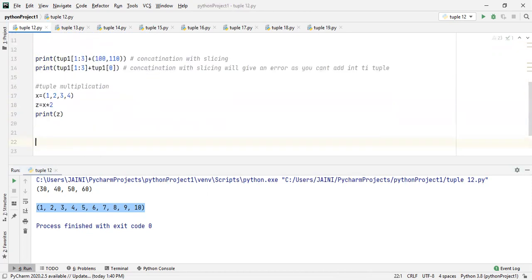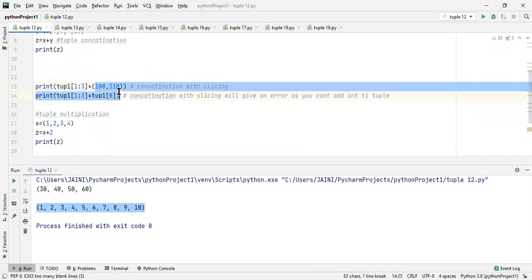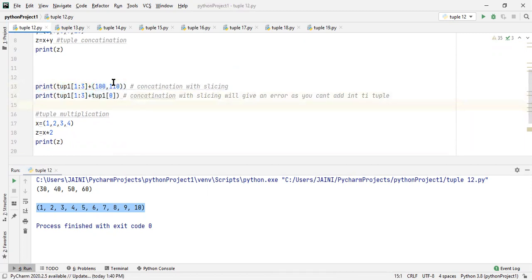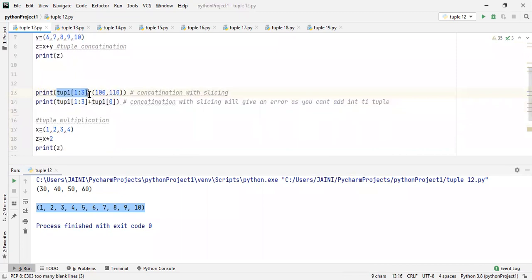Now, over here, I am slicing and concatenating. I want you to understand the difference between these two. In the first one, I am using a slice operator to slice my tuple, and I'm using a plus, which is a concatenation.